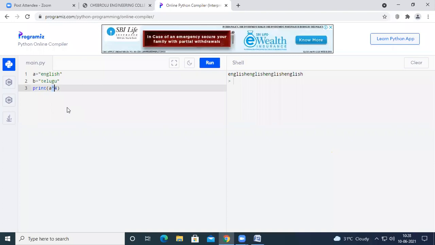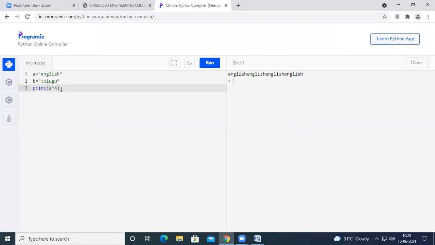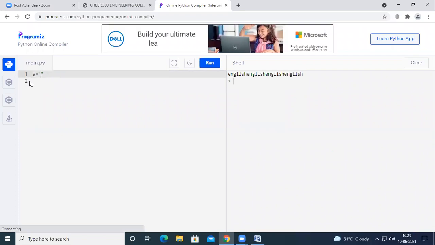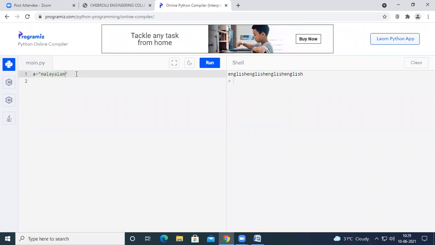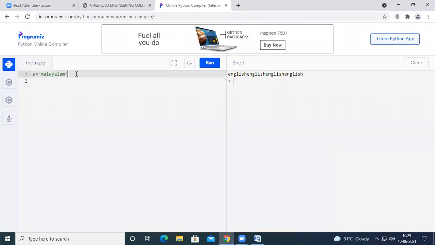So you are allowed to use the plus symbol and the star symbol. Now I want to find the count of a particular letter in the given string. For example, in the last class we took one example, Malayalam.